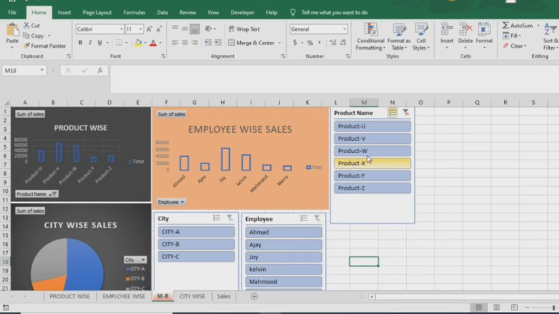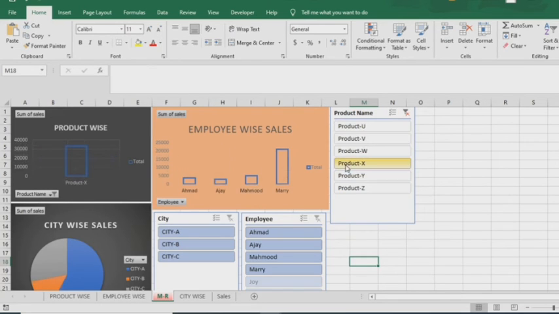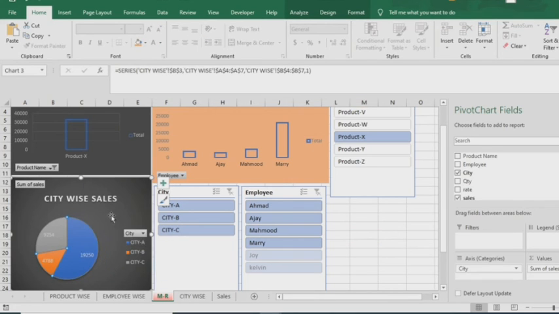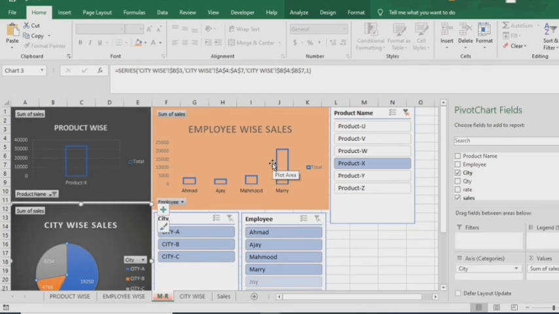First we remove the filter, then we can see product X. So X product's performance I can see differently. See here, Mary has more sale in product X. Which city did she sell in? In city A it is sold more. We can add labels here also, there's no problem. 19,250 dirham sold in city A. So here we can make a quick analysis. This product X is sold by Mary, and this is its total amount city wise. Like this, we can see different angles quickly.